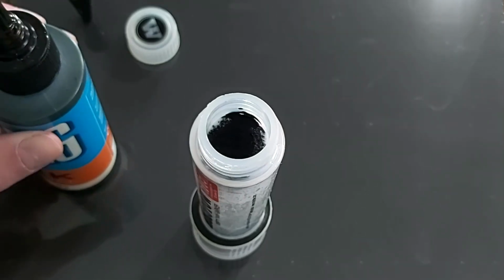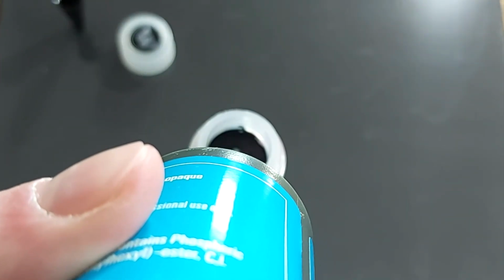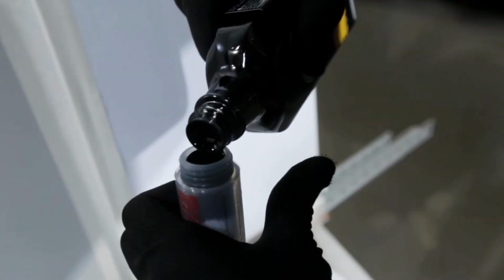Alright, so with this Molotow 612 marker here, you want to fill it up fairly slowly. Actually, it's not like other markers that just have reservoirs where you can dump your ink or paint in. You want to specifically fill it only inside the spongy part. If you get any on the outside of the spongy part, it's just going to run down the side of